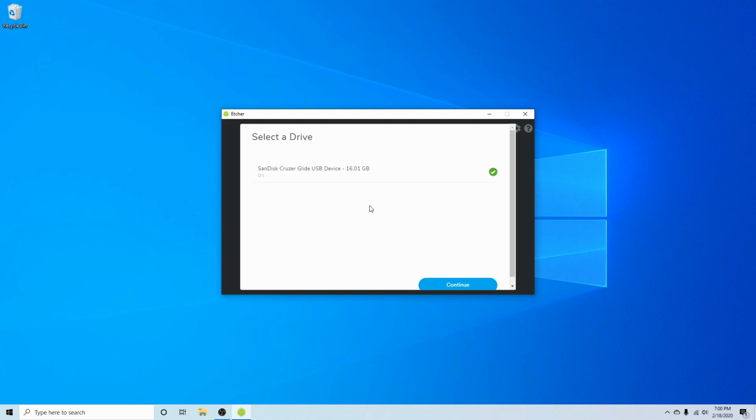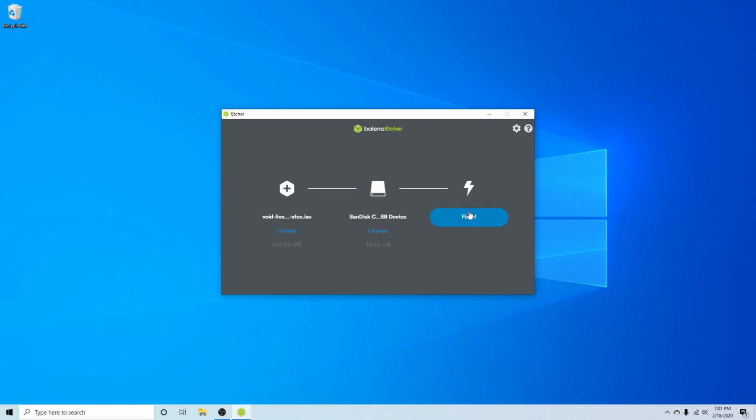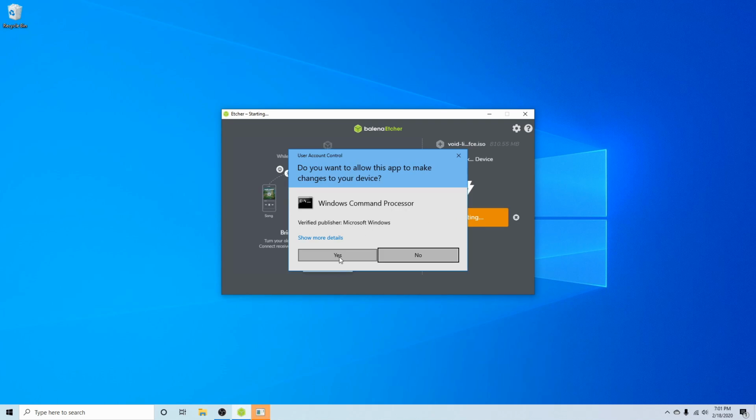image onto. Make sure you select the proper one because all the contents of the USB, CD, or DVD will be erased in the process of flashing. So once you have selected your proper disk, go ahead and hit continue. Finally, you'll hit flash, and then you'll have to give it administrative privileges in order to go ahead with the